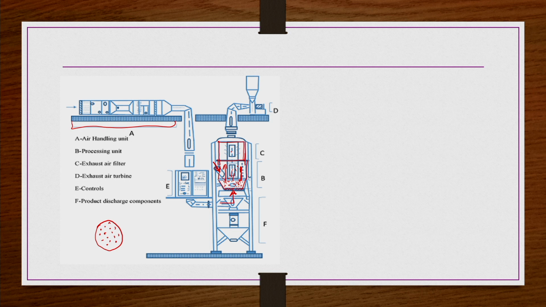So here, whatever particles are there, they will be taken to the cyclone separators or bag filters, where these particles are separated before that air is sent out, right? Those particles will be taken back, and this process may be carried further as a kind of recycle. And after the granulation process is over, the granulated dried particles will be collected through the product discharge region from here.